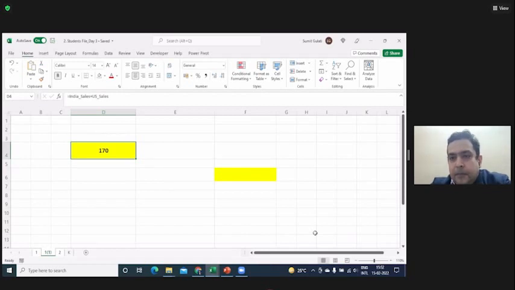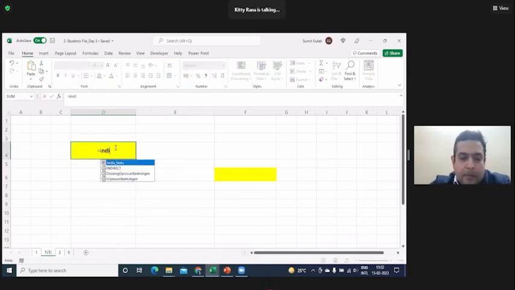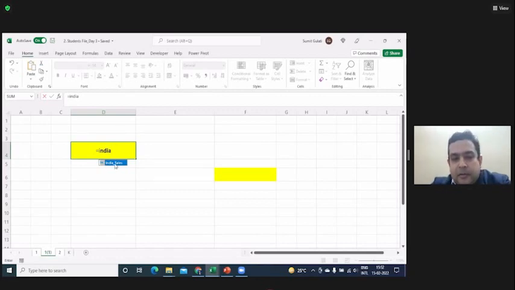Sir, when I type equals to India, I am getting India_sales, but I'm not able to select it. See, there are two ways. Either double click on it, and it will get selected. Put a plus sign, US, double click on it, it will get selected.